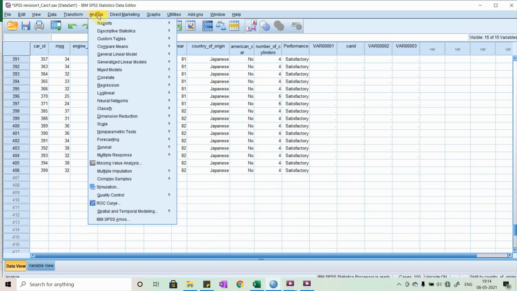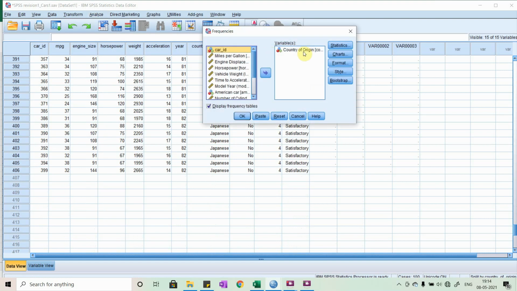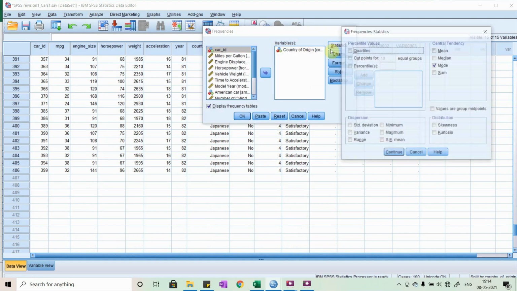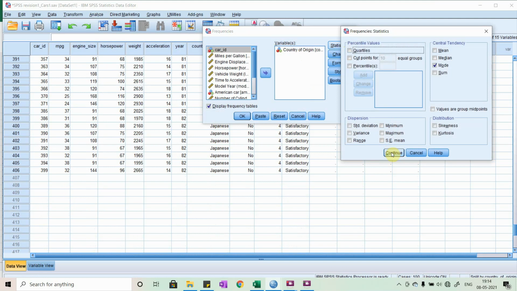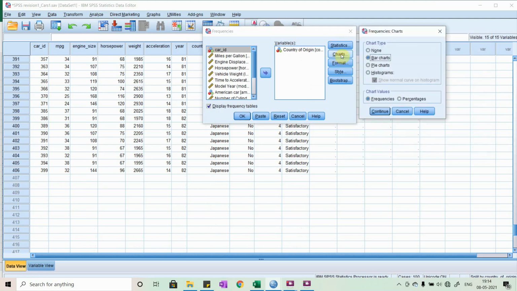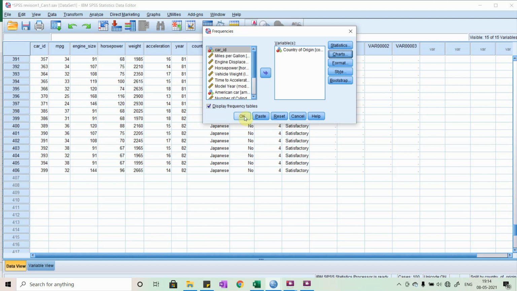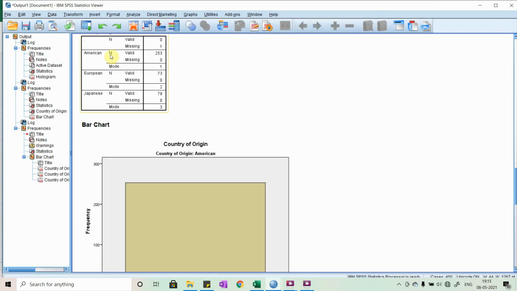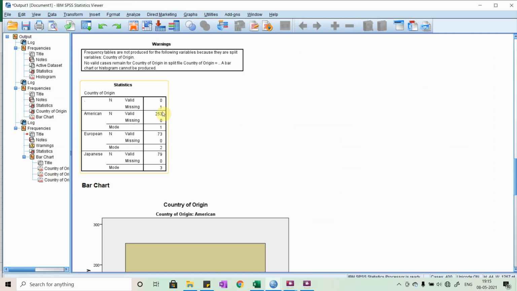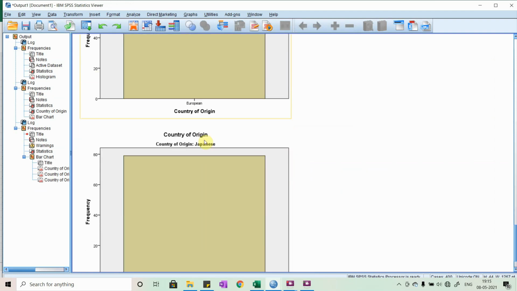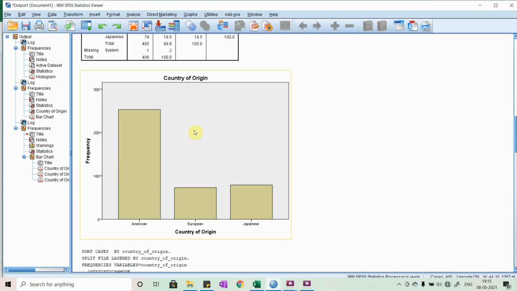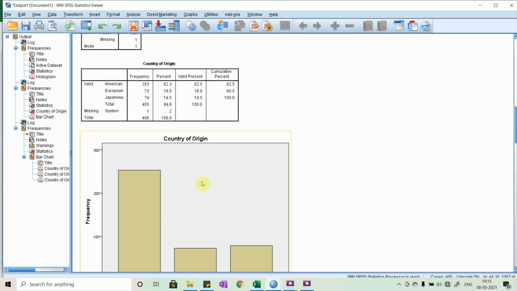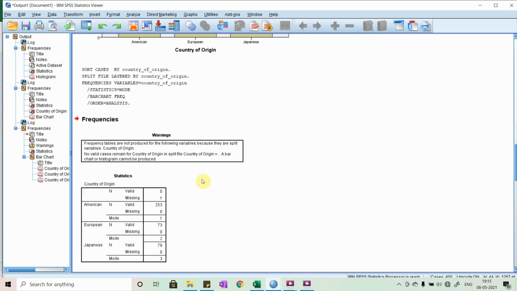Now when we perform Analyze, Descriptive Statistics, Frequencies, country of origin, Statistics, mode, Continue, Charts, bar chart, Continue, and click on OK, you will see that the statistics and the bar chart we get are different from when we did it normally, without splitting the file.